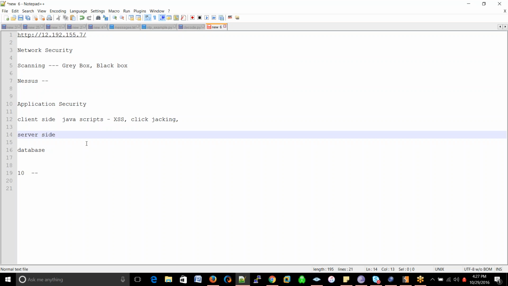Because of that, 60% of hacks in the world happen because of SQL injections. Okay, so we'll be looking into detailed SQL injections, error-based, union-based. I'll be showing you Oracle-based SQL injections. I'll be showing you how to find a time-based SQL injection, and I'll be showing you manual exploitation as well,